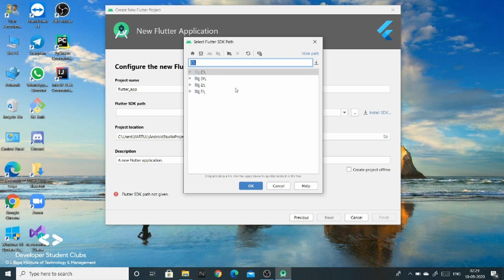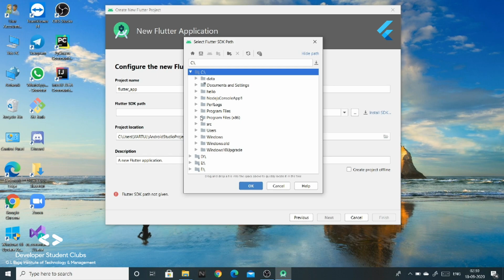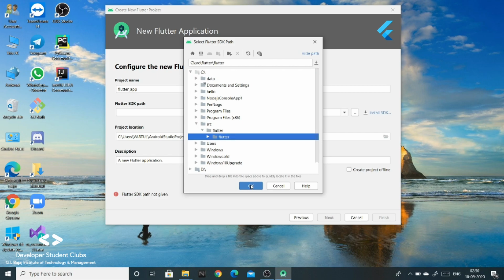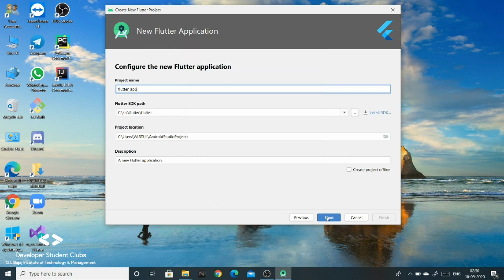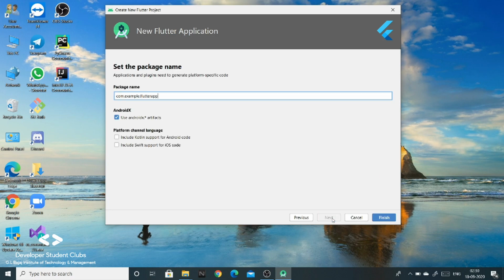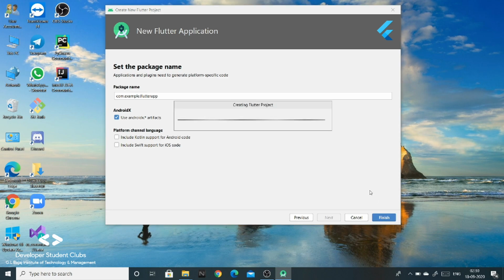Either you can download it, or since we have already downloaded it, we will just browse to the path where we have downloaded the Flutter SDK. Then click on OK. Just leave the rest of the things as default. Click on next and then finish. Now it will build a Flutter project for us, and it might take time for the first time.